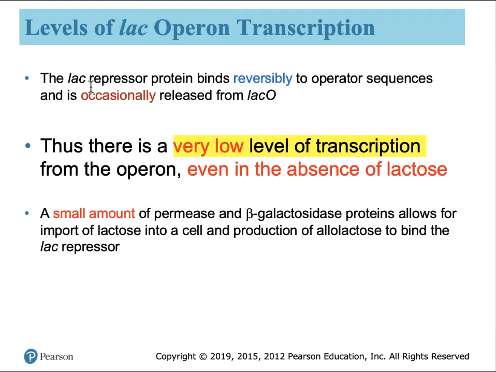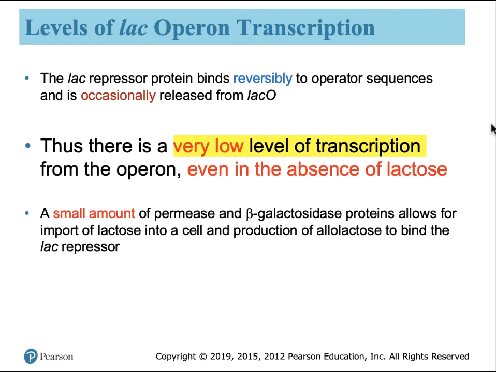Like most molecular systems, nothing is permanent. It's the example that we give you when the door is shut. It's mostly shut, but every now and again it flips open because of molecular energy and motion. And when a door is open, it's mostly open, but it flips shut every now and again as it's vibrating. The same thing happens in the case of the repressor and allolactose. They are bound to each other, but they're still vibrating with molecular motion. And every now and again, the allolactose falls off the repressor, and the repressor makes its way to the operator and blocks it temporarily, but not enough.